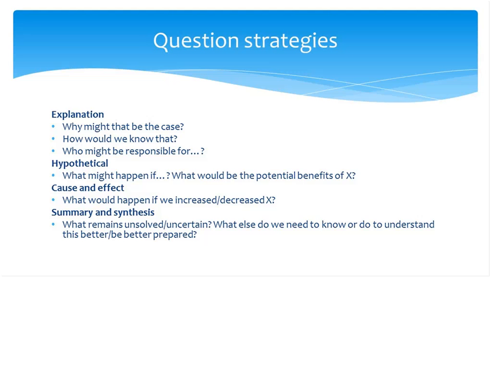And then cause and effect. What would happen if we did a 4-digit number or a 5-digit number? And then at the end of the lesson, or at the end of the series of lessons, now, what do we still need to find out? So how could we do that? So a whole range of question strategies.